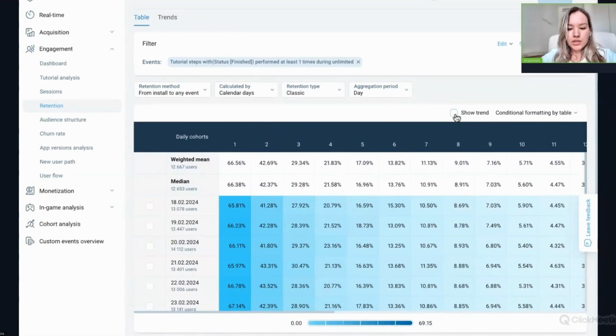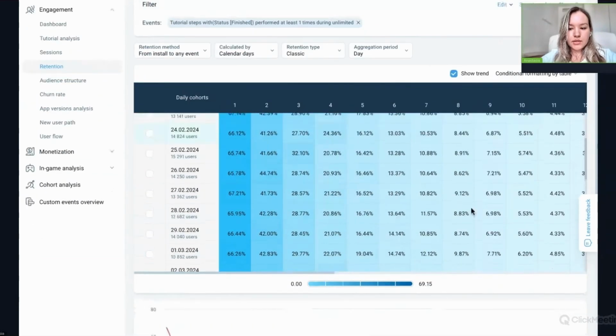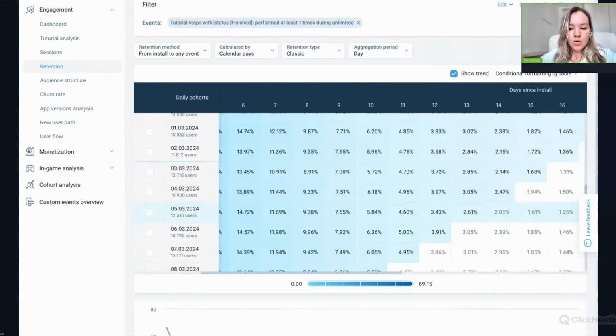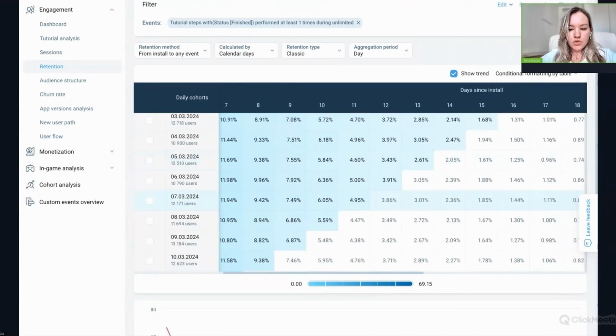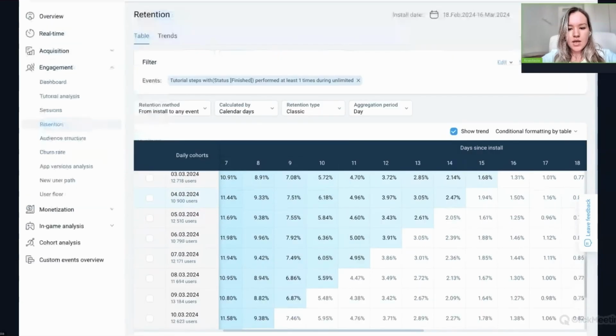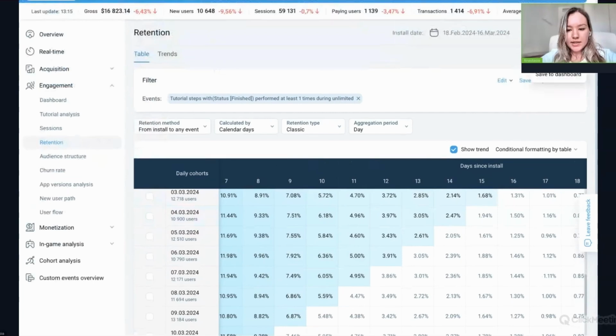Also, you can click show trend, and you'll see forecasted values for cohorts that have not yet been completed. This can be useful for evaluation if the period is still ongoing. And finally, you can share this report with colleagues by clicking on copy report URL. The report will be copied with all the current settings, so your colleague won't need to configure anything. They will see the ready-made report